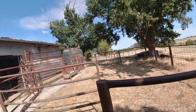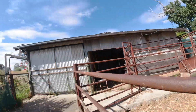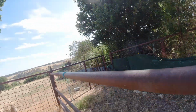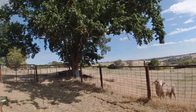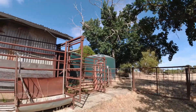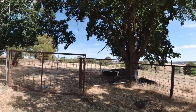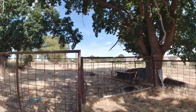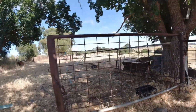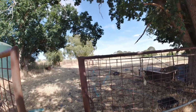Alright, so I've sort of got the pattern worked out with Stewie, how to get him in. But yeah, this Johne's disease, they bloody waste away. The sheep eat, but they don't put on the weight. And eventually they're so weak that they fall down, they can't get up. So try and get to them just before that stage. We've tried force feeding them. We've taken them to the vet. The vets don't know what